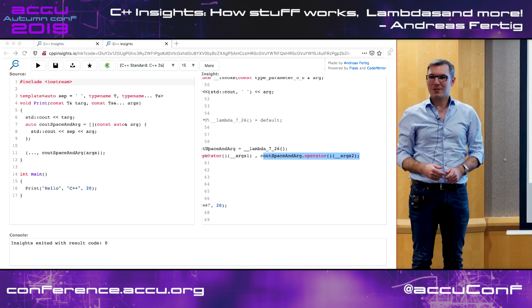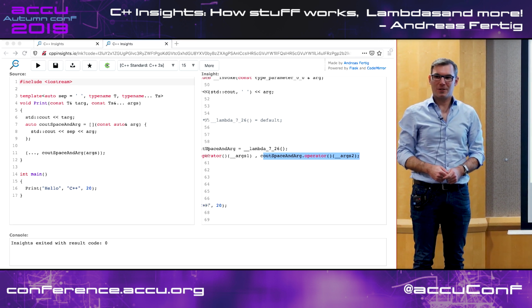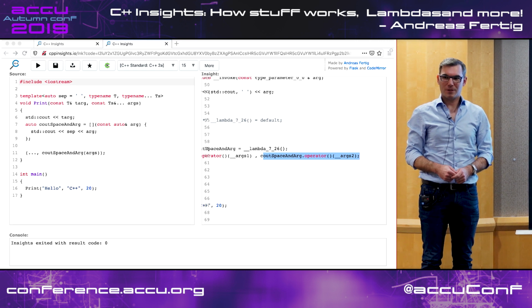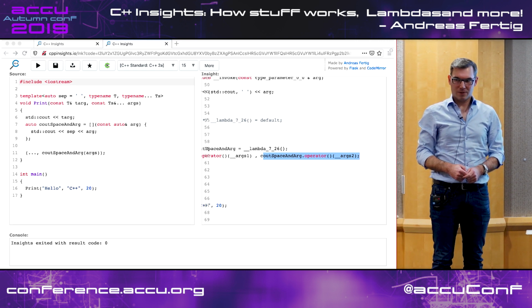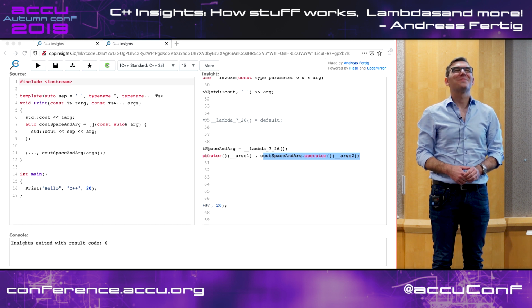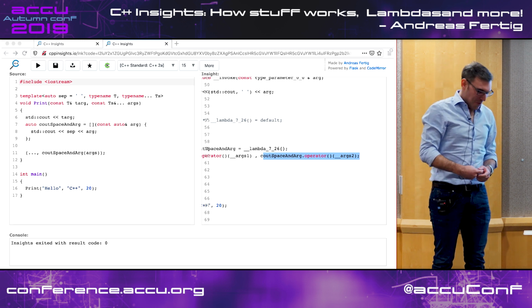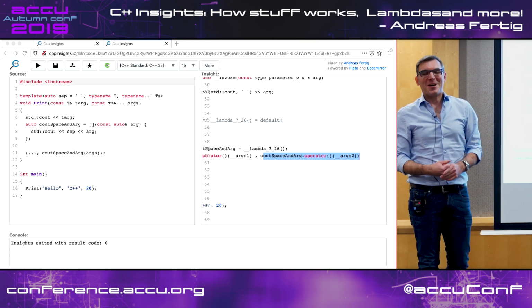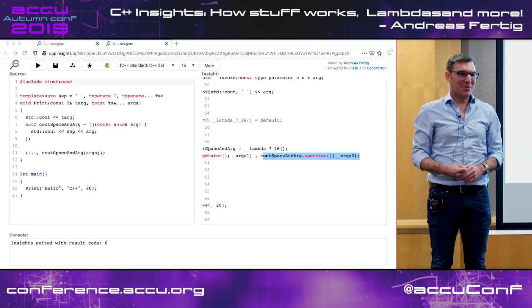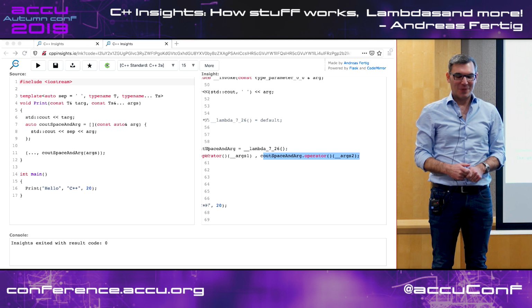More questions? Yes? I guess it's a broader question, with constexpr becoming more prevalent throughout the language. Ordinarily I have runtime debugging. I can use GDB and step through my code. How can I debug constexpr code at compile time? So the question is, how can one debug constexpr code at compile time?